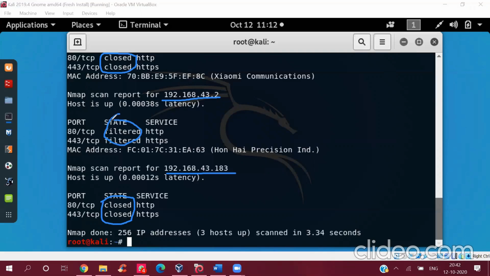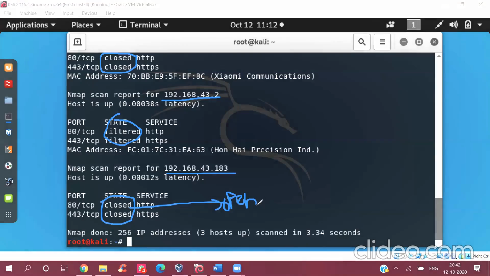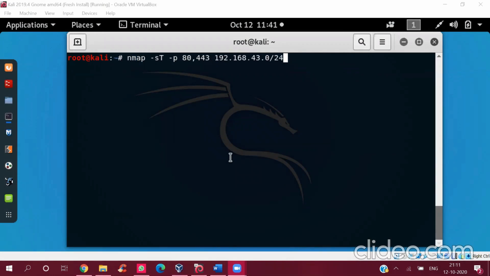Filtered usually means that it is being protected by a firewall. But if this were open, it would have been a web server. Now we'll see how it works. This is a type of port scan called TCP Connect scan, also known as a full open scan, and the magic is in TCP using the three-way handshake.